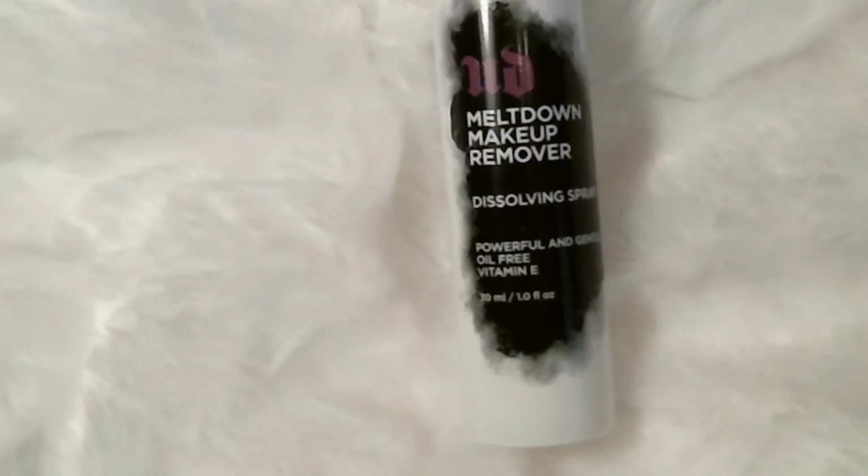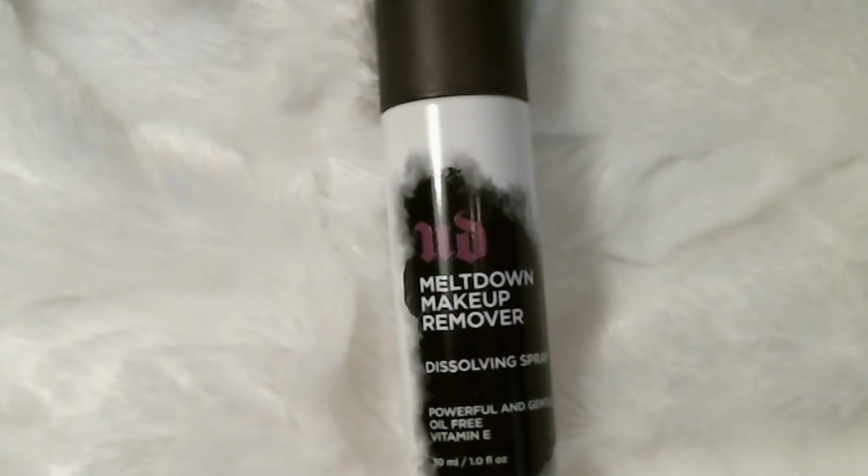My next favorite is the Urban Decay Meltdown Makeup Remover Dissolving Spray. This was Urban Decay's collaboration with Scandinavia. Now this spray does miracles on your heaviest makeup day. I used this for the first time maybe 2 weeks ago, and it just melts down your makeup. Now with this, you have to let it sit for maybe a minute or two on your skin before you wipe it off. And with me, I like to wipe it off with a makeup wipe because I just find it works better. This makes it so much faster just to wipe off your face,